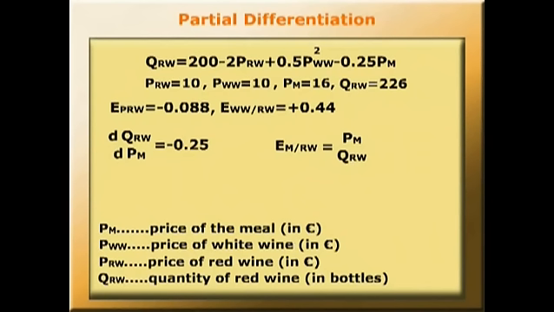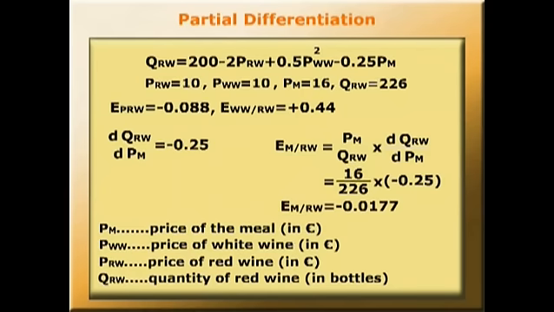Our cross elasticity is PM over QRW times dQRW over dPM, which equals 16 over 226 times minus 0.25, which gives us minus